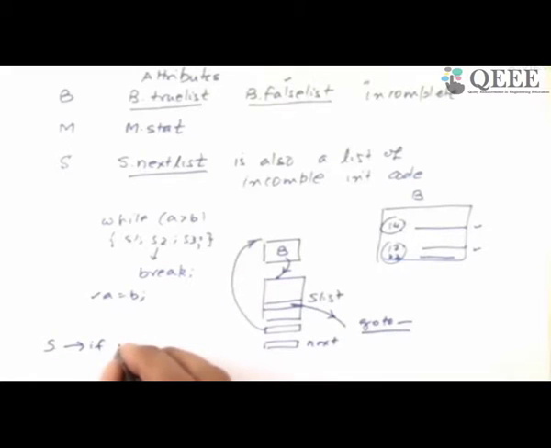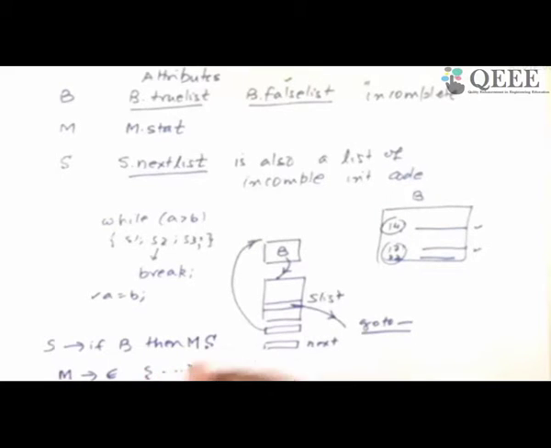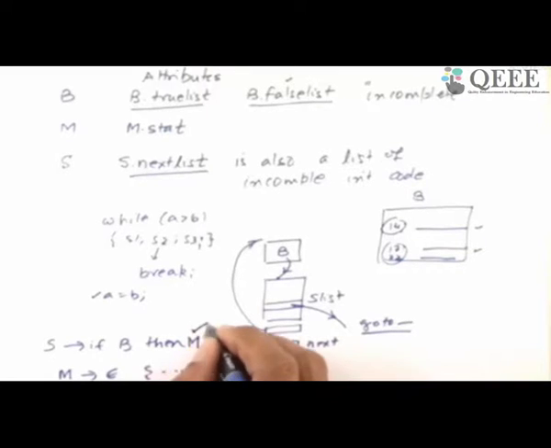For example, when we did if B, then S, when the S started, I wanted to know where it started assembling. So if I put an M over here, and in M dot epsilon, I note down the statement where S is about to start, then my job is done. Whenever I need to know the first address, the last address, and things like that, we'll assume the full freedom to introduce special non-terminals, which are called marker non-terminals.